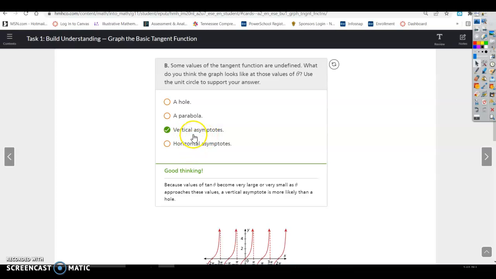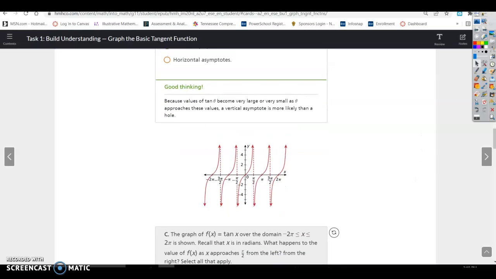I can't remember if we did or not, but anyways, it's going to be a vertical asymptote, which means this line is going to approach it, but it's not actually going to get there. So these dotted lines are just imaginary lines. It's not imaginary because you can see it, but you know what I mean. It's not part of the tangent function. It just represents that this line is approaching that value. And usually these are graphed on tangent functions to show that it stays in between those multiples of